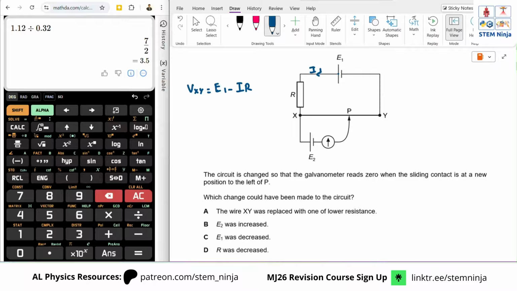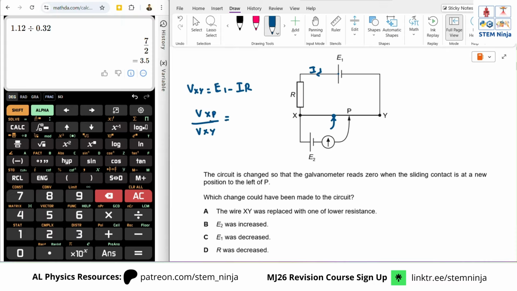Vxp would be a fraction of Vxy. Now we're saying that it is reading much earlier. So Vxp,